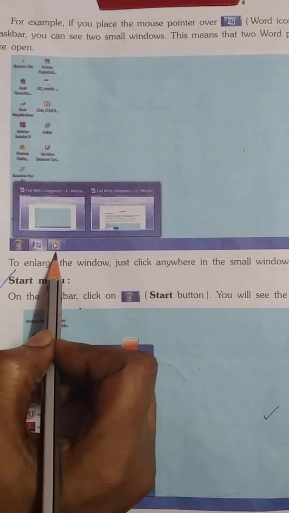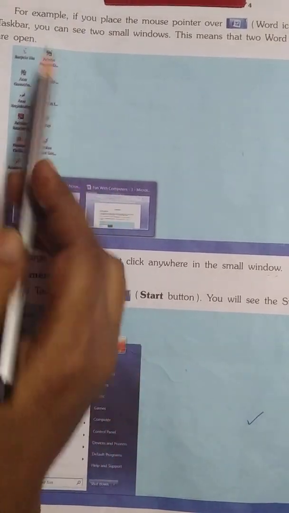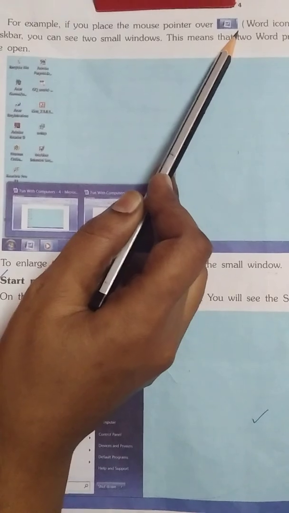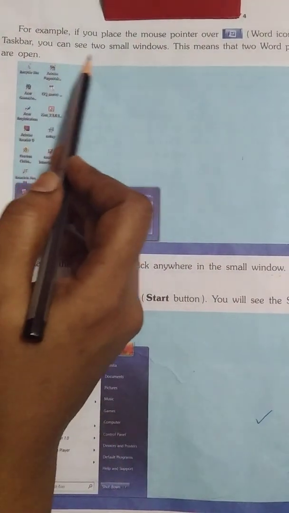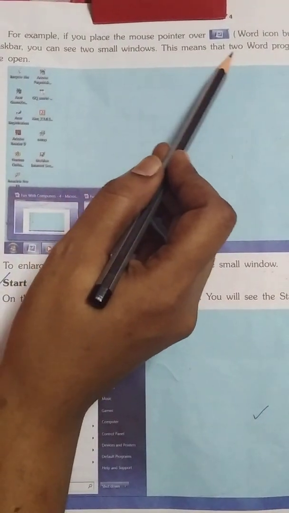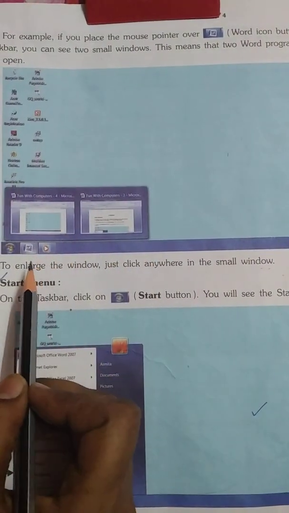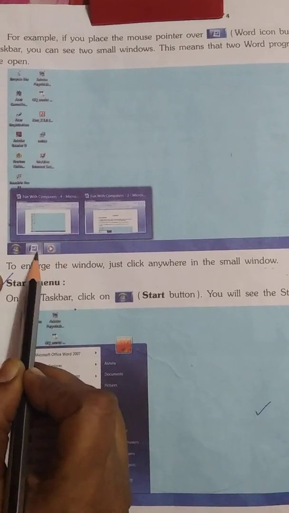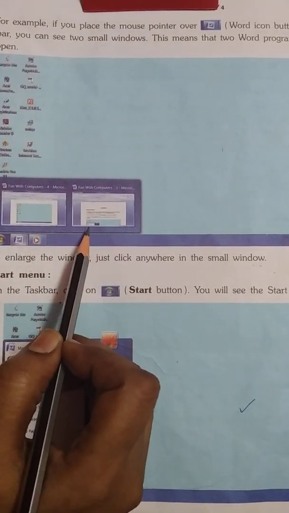If you click on Media Player, it will show that window. For example, if you place the mouse pointer on the Word icon button on the taskbar, you will see two small windows. This means that two Word program windows are open. If you click on that, it will show the small windows.